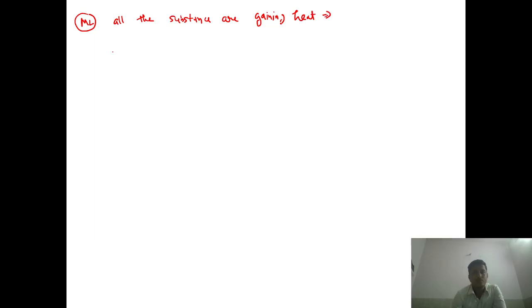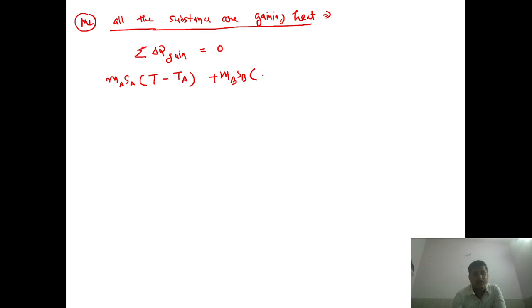We are assuming the T final will always be higher. So we will say the summation of all the heat gained should equal 0. How do we write this? We can write MASA (T minus TA) plus MBSB (T minus TB) equals 0, like this. And if we calculate, we get T equals